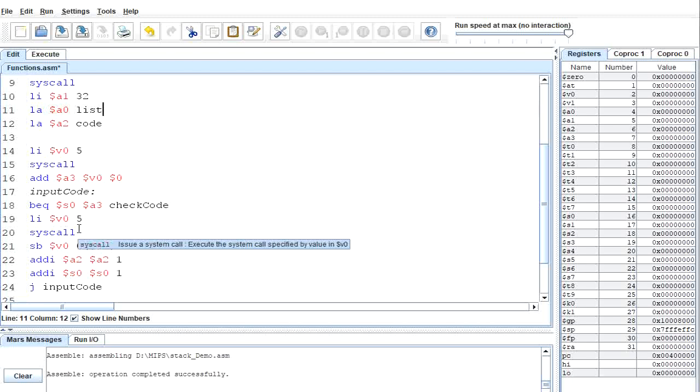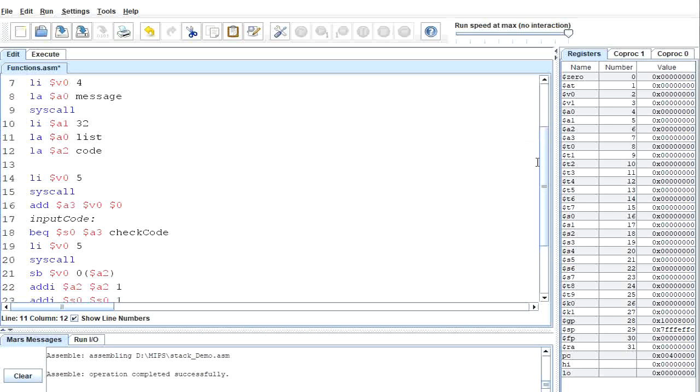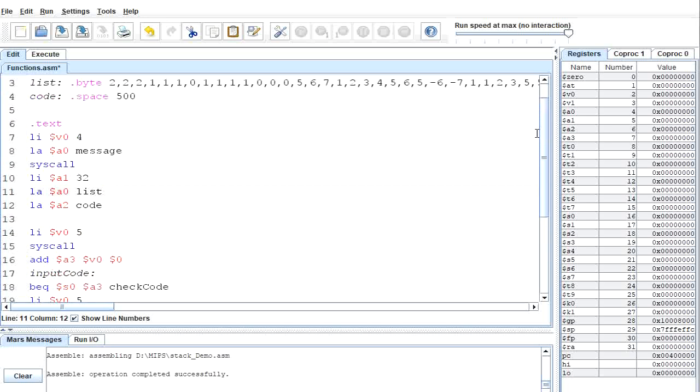In other words, if the size was 0 that he wanted to check, then obviously I'm going to end right now. But if the size was 1, then it's not 0 yet, so I'm going to check in the first number, and I got the number. Now the number is in V0, but I want to store it for future use because I'm going to need to go through that list. So I need to store it in my array, which I'm going to call code,